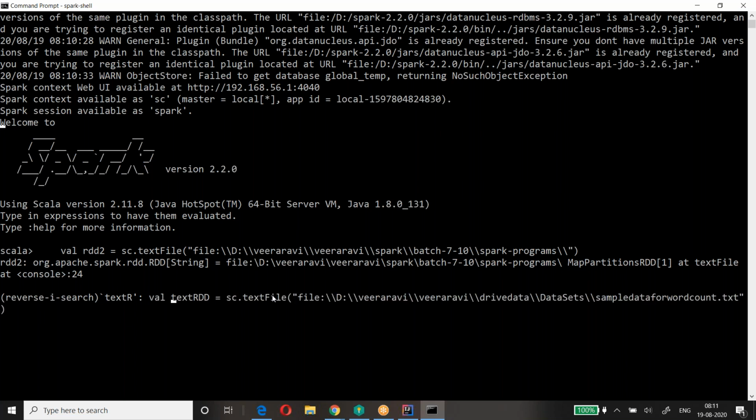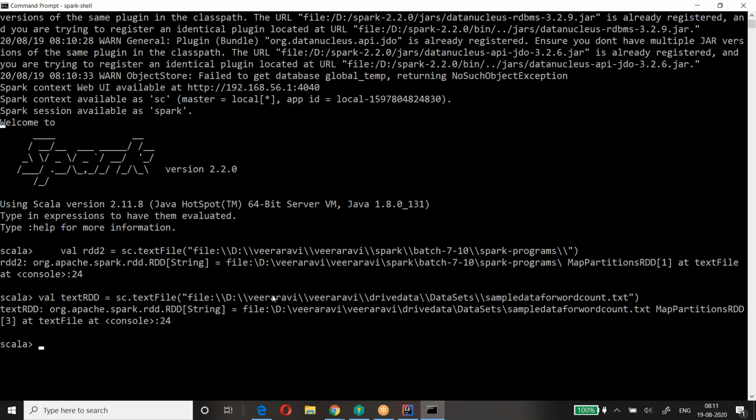Okay, this is my text.rdd. Just use the left arrow, you'll get it. Now, if you see text.rdd.glom.collect,